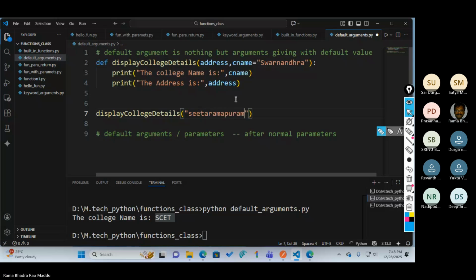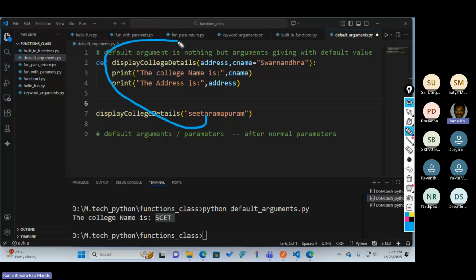Now, the first argument always passed to the address. If you did not provide the second argument, it considers that they used the default one.